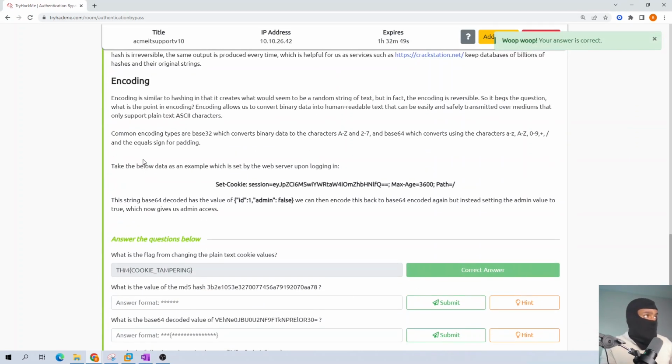And then what are the questions for encoding? Encoding is similar to hashing. It creates what would seem to be a random string of text, but in fact, encoding is reversible. So it begs the question: what's the point of encoding? Encoding allows us to convert binary data into human readable text that can be easily and safely transmitted over mediums that only support plain text like ASCII